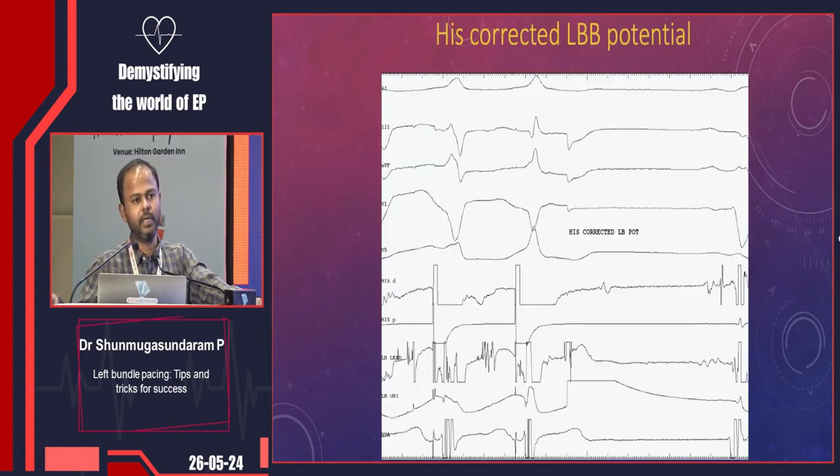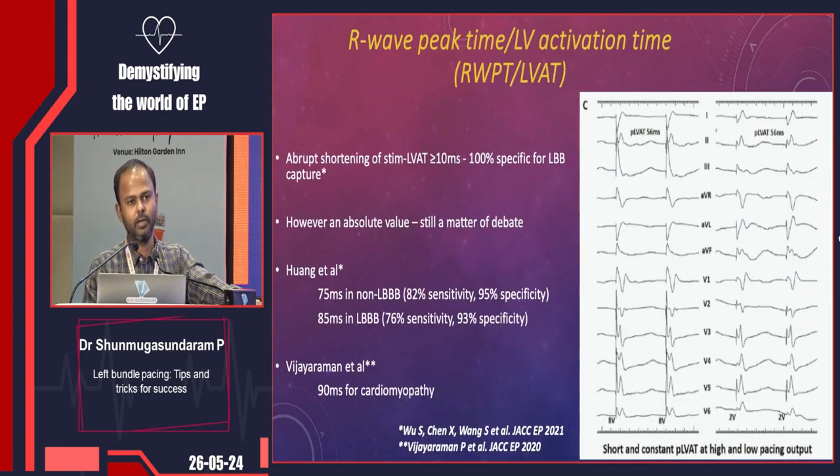In patients with a baseline left bundle branch block, you may not see the potentials. You may have to do hysteresis pacing to unmask this potential. This is very important in patients with LBBB morphology, where you may have to do hysteresis pacing to bring the potentials out. So RV peak time is probably the easiest and most important criteria to confirm the capture of